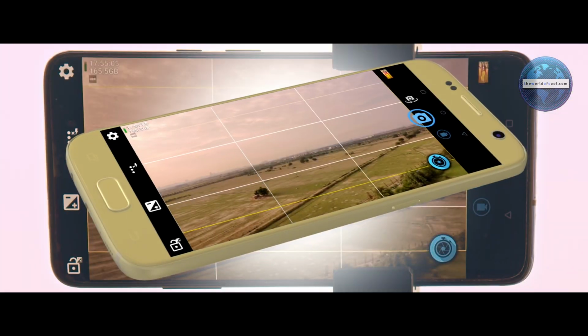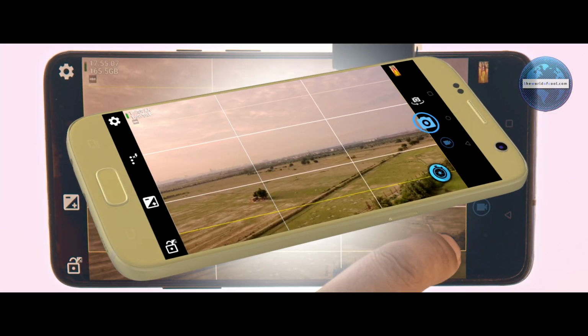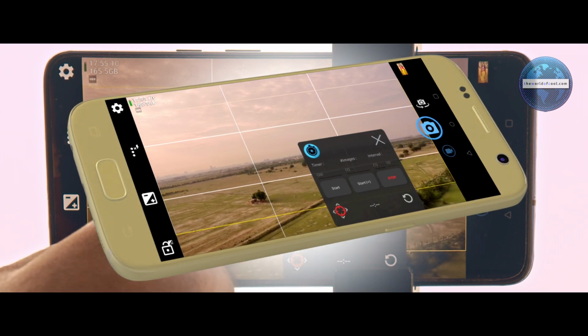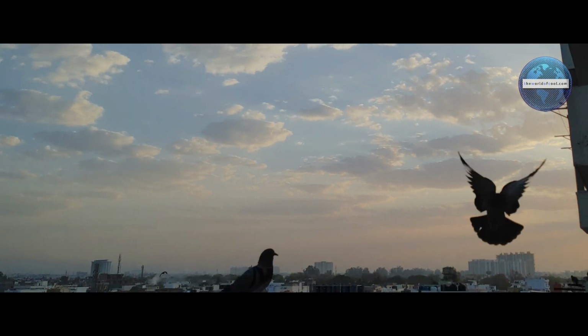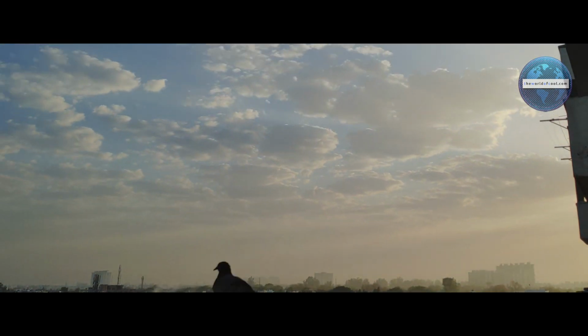Now, to make the clicking of HDR images with these settings a timed, repeatable process, tap on the shrunk app icon of the intervalometer. Now, the real game here is setting the interval. It actually depends on how heightened you want your motion to be. If you want to show the clouds moving slowly, you will have to set it to a smaller interval. But keep in mind, your phone might need 5 to 6 seconds to click 3 images, then process it into one image and then save it on your phone. So I strongly suggest don't go below 10-ish seconds.